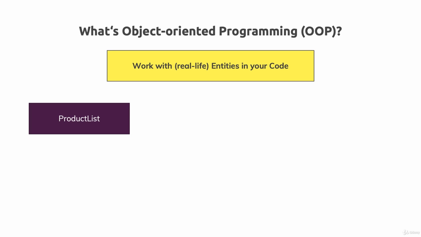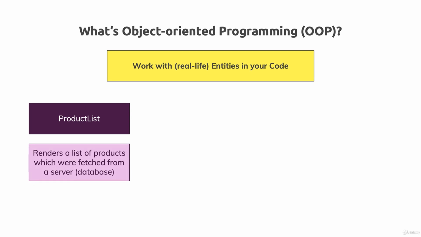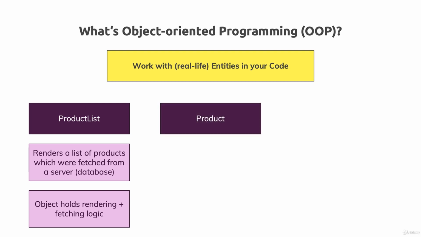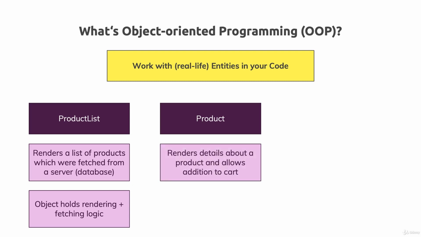So, for example, this might be an object that is responsible for rendering a list of products and for managing it, which were fetched from a server, so from a database. So this product list holds all the rendering and fetching and management logic. Now, that's a product list. In our program, in the website we're building, we might also need to work with the individual product though. So we might also want an object or multiple objects, one for each product, that is responsible for managing this single product. It might hold and render the details about that product,